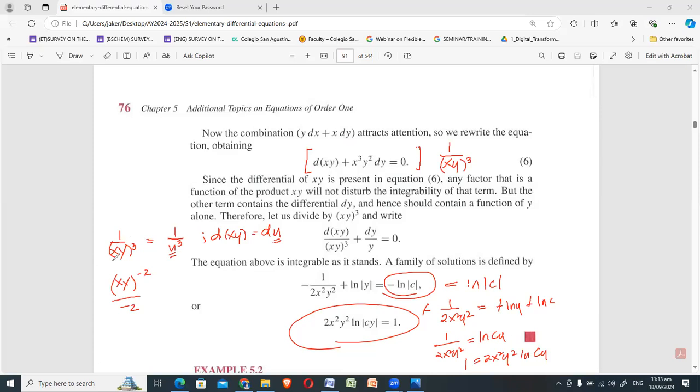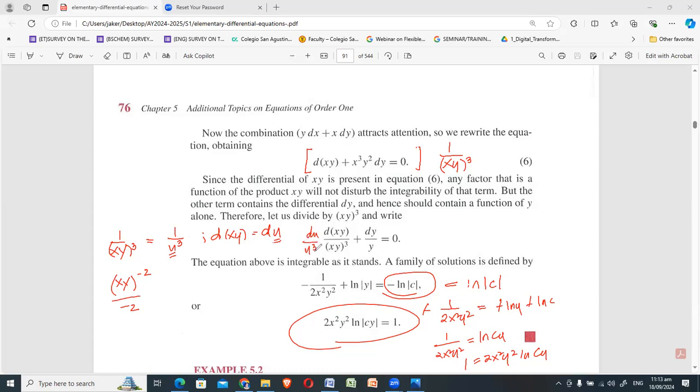You view this xy as u. You look at it as one thing, u. Its exponent is cubed, so this is raised to 3. You see this is also dxy. So since you consider the xy in the denominator as u, then this xy in the derivative is also u. It's just like this one is du over u cubed.